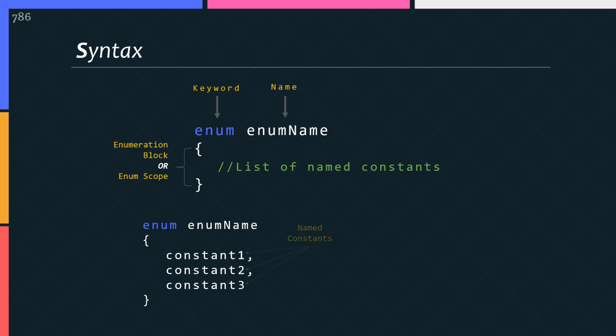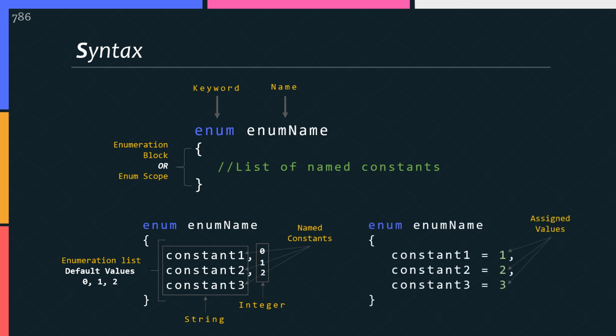Each enum member has a name and an associated constant value, where the name is a string and the value is a zero-based integer number. By default, each member of the enumeration is automatically assigned a value according to the order in which it is defined, starting from 0. You can use different integer values like this.